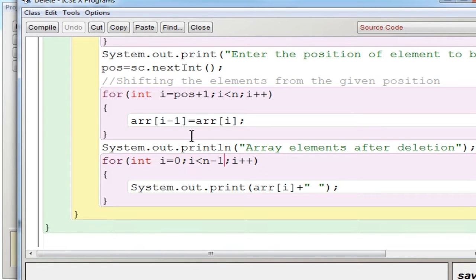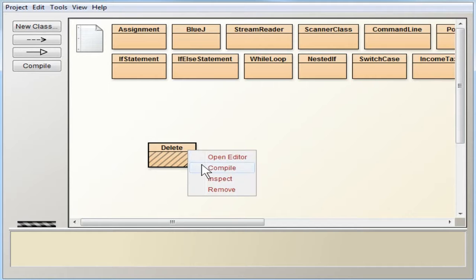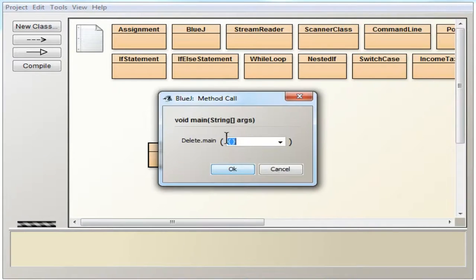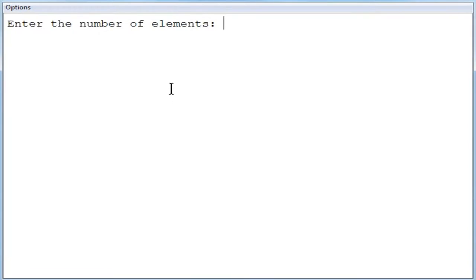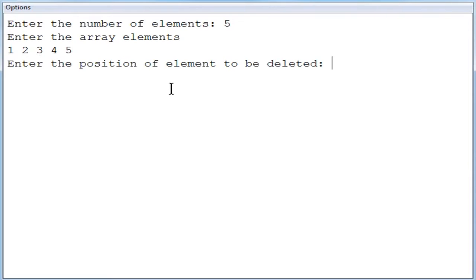Suppose I remove this, I am executing from 0 to 5. That means you are going to display all the 5 values. So what happens? I am inputting 5, then 1, 2, 3, 4, 5. Now the position value given is 2.